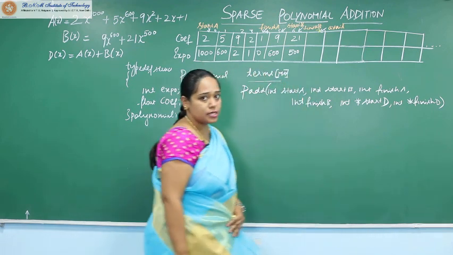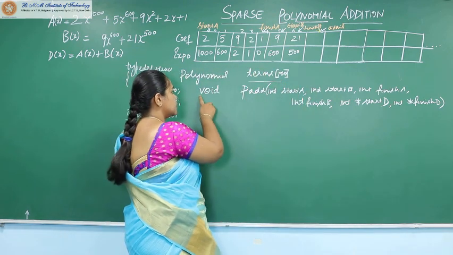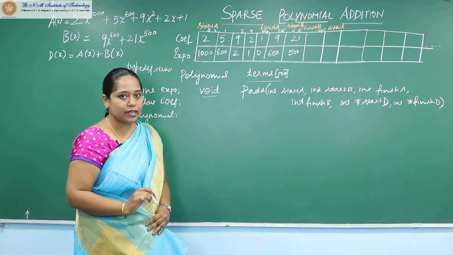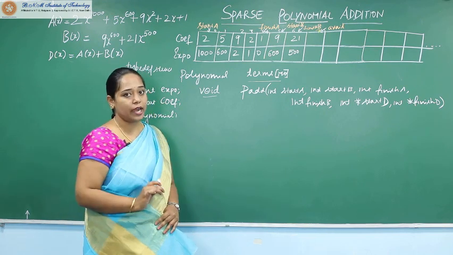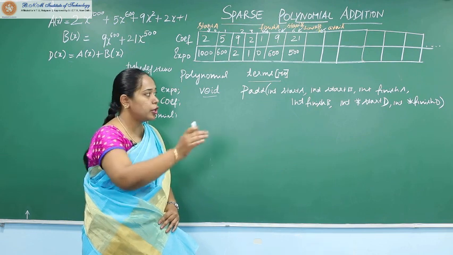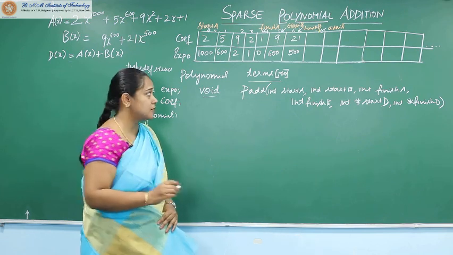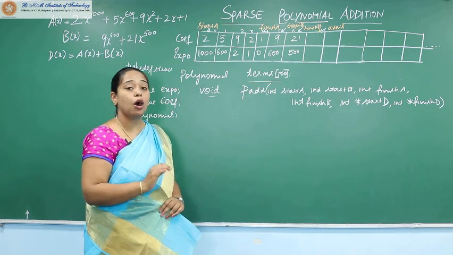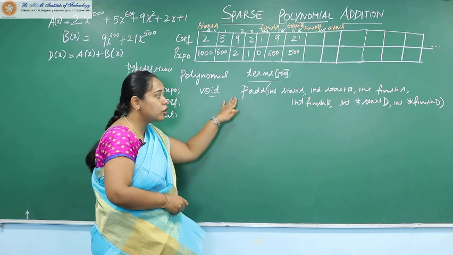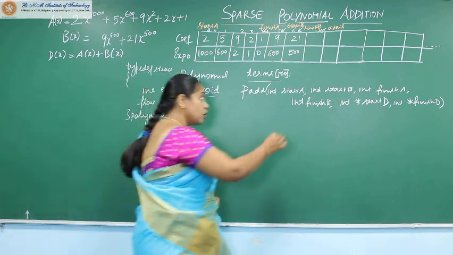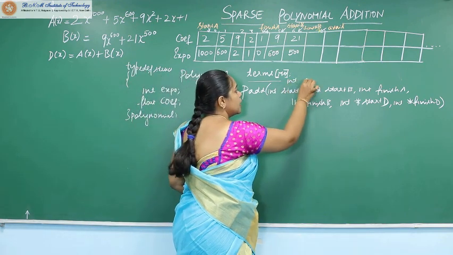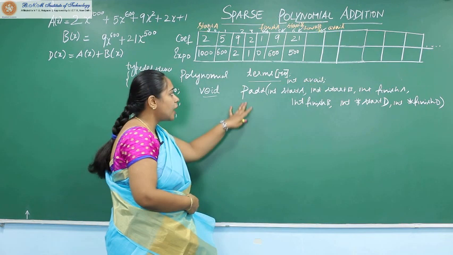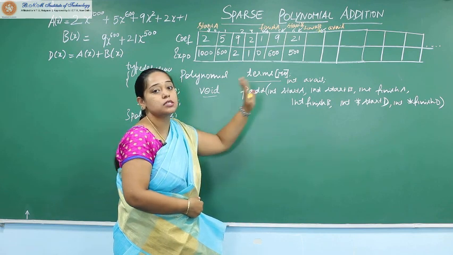This is the very reason why the return type of this function is void, because we are doing pass by reference. Ultimately, the result from this PAD is the D polynomial, which should go into the terms array. The idea here is that terms is globally declared. It is available to all the functions in our code, so I need not pass it as a parameter. And also the assumption here is that int avail is also global to us, so PAD can access avail.